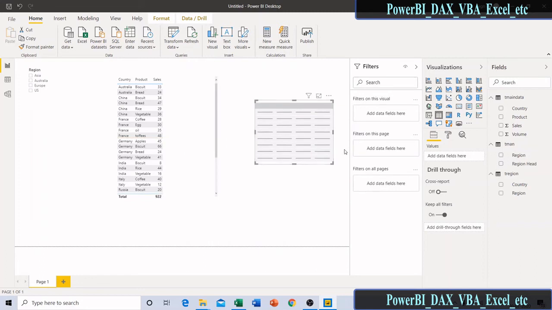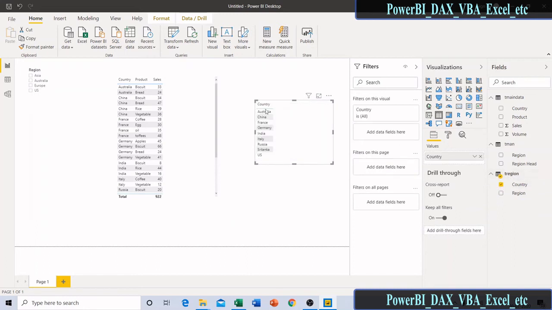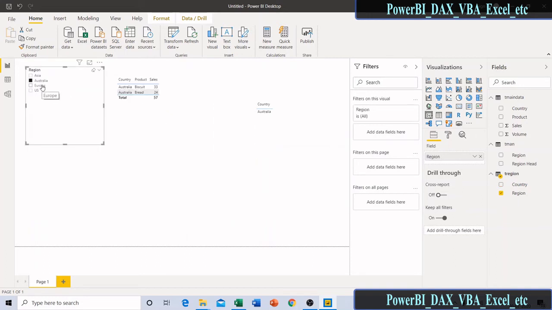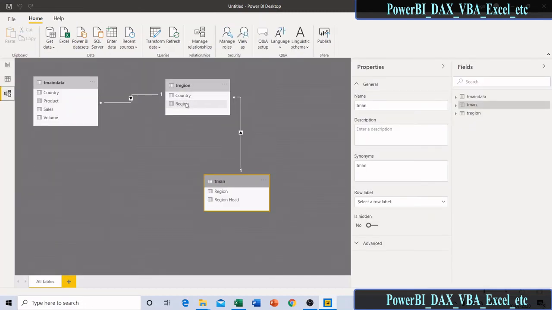One more table, and here I have selected this country. This country means from the region table I am just taking the country, and this region I took from this region table, and here just a table is created. I just created a table with the countries from this region table. So when I am filtering Australia, both the tables are filtered. How? Because this country is with this region. So when I am applying a filter here, this will filter, and this will also filter